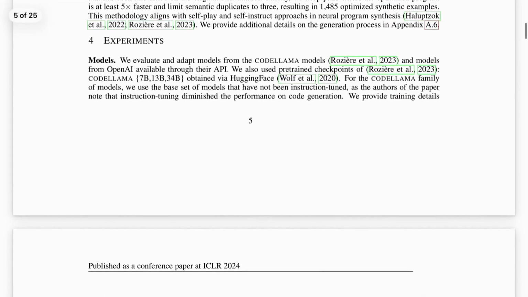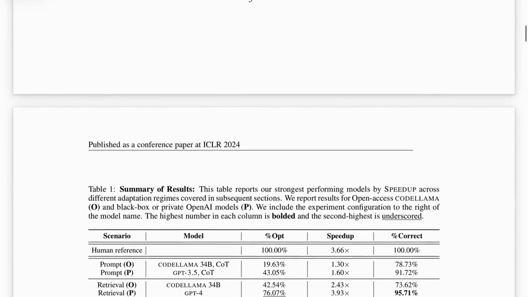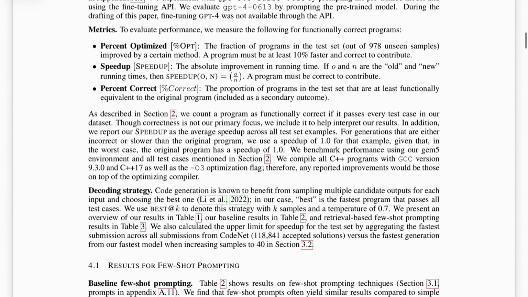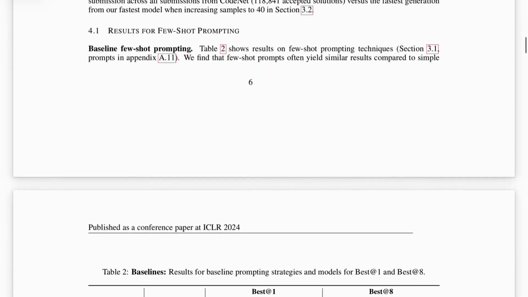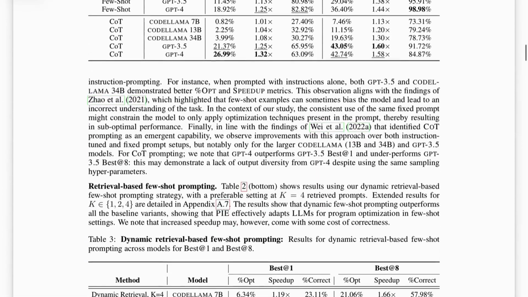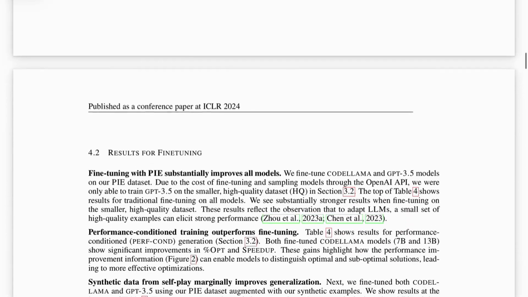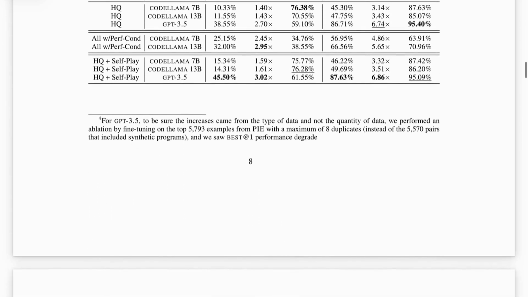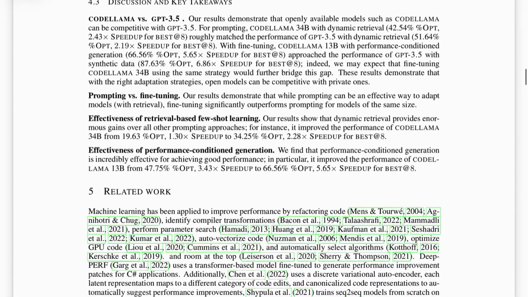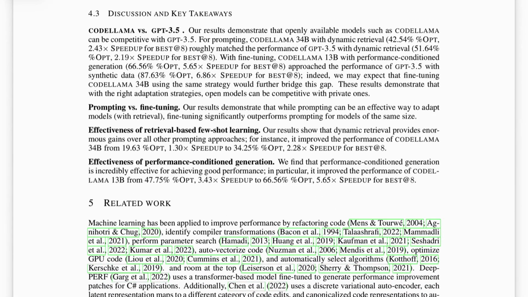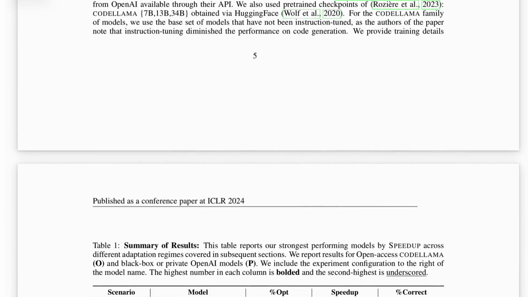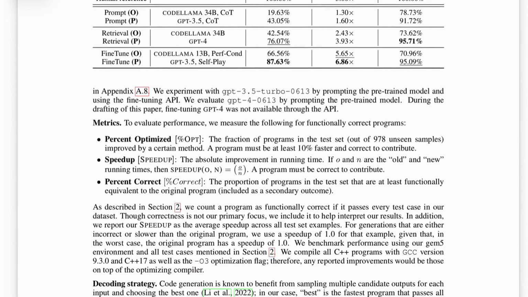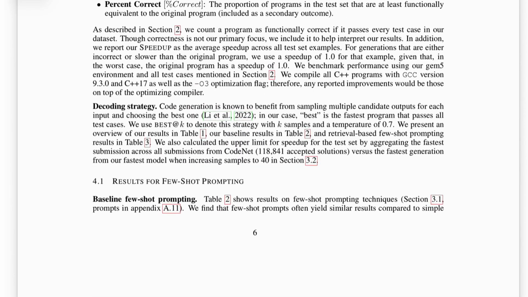Now moving on to the experiment section, where the authors evaluate how well different approaches actually optimize code. In this section, the paper compares instruction and few-shot prompting, chain of thought and retrieval-based prompting, and finally, fine-tuning strategies with different dataset configurations. The authors also discuss the major takeaways from these experiments and analyze which approaches work best for performance optimization. But before discussing the results, the paper first explains the models, metrics, and evaluation setup used throughout